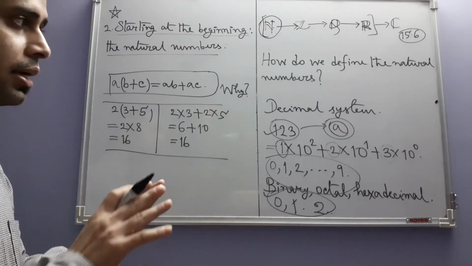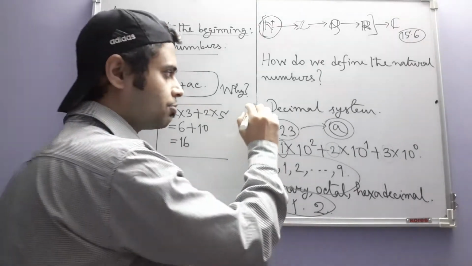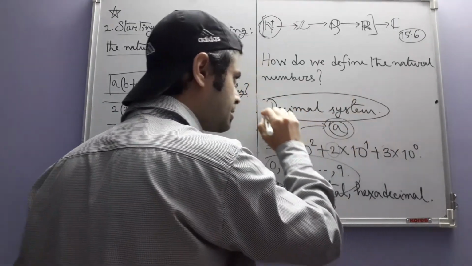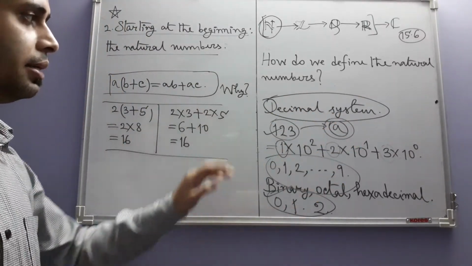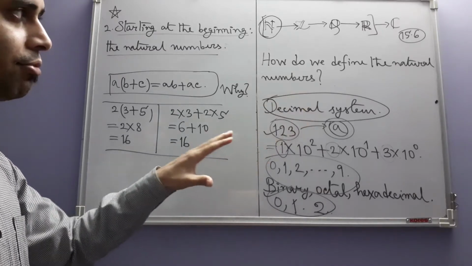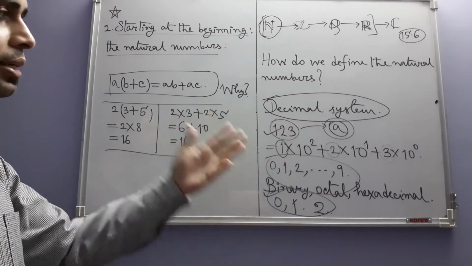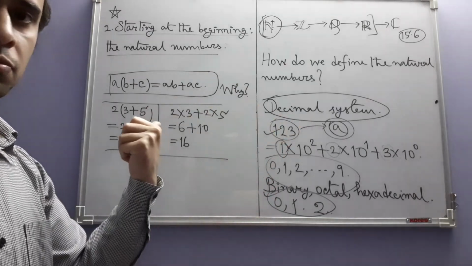It's just a way of presenting or writing the numbers. So we will also discard any knowledge, discard means we will set aside any knowledge that we have about decimal system. And in fact, if you think decimal system is very natural simply because we have been using it for so long,